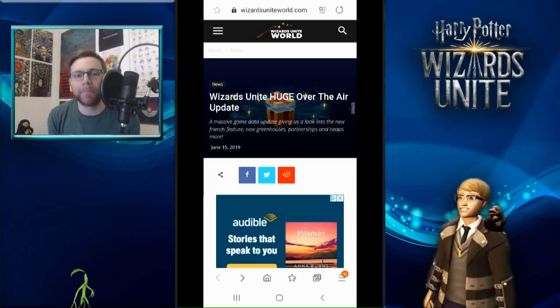Today we're talking about the big update that has just dropped for Harry Potter Wizards Unite. This is a server-side update, so you don't need to download anything. This is probably on the 0.8.2 update where we downloaded something. There was probably just some dormant code and it's awakened, and we have some brand new updates to talk about